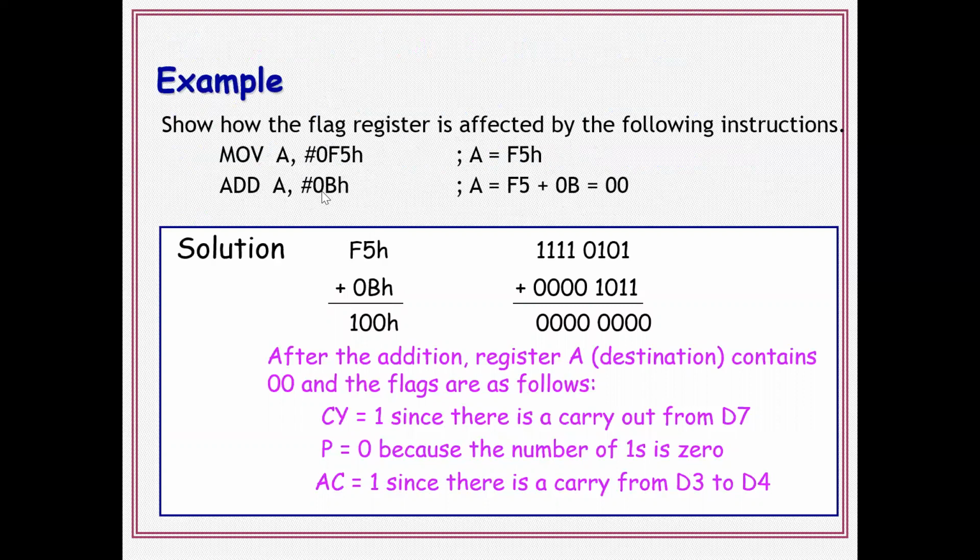And ADD A, #0BH. So here the content of accumulator F5H is added to 0BH and the result is loaded into the accumulator. Here you can add in binary, otherwise you can directly add in hexadecimal also. B indicates 11, 11 plus 5 is 16. 16 in hexadecimal is 10, 1 is propagated here and 0 is placed here. And F is 15, 15 plus 1 is 16, so 16 can be written as 10. So the final answer is 100H. In this case, the result is 00H and carry is set.